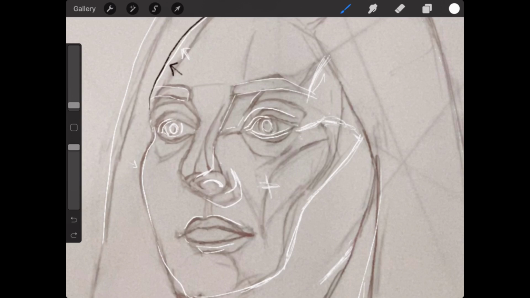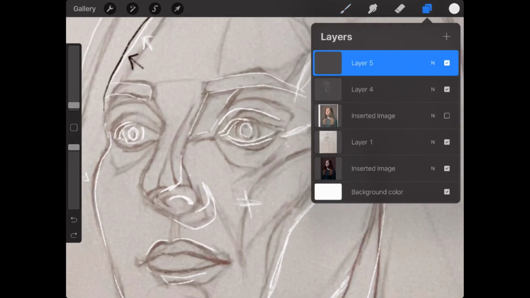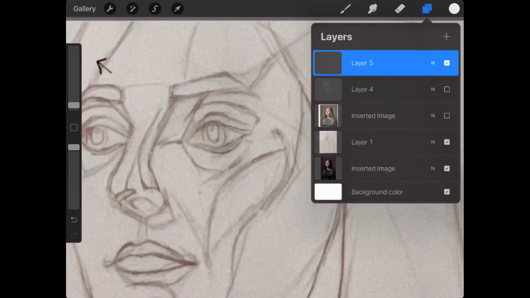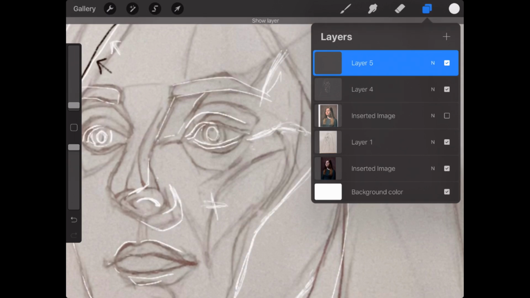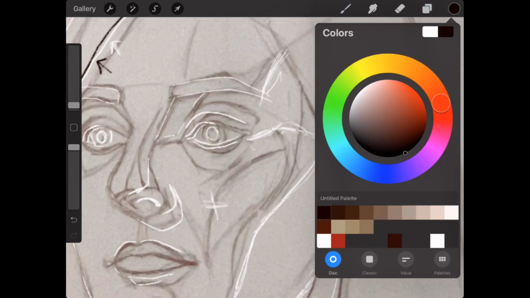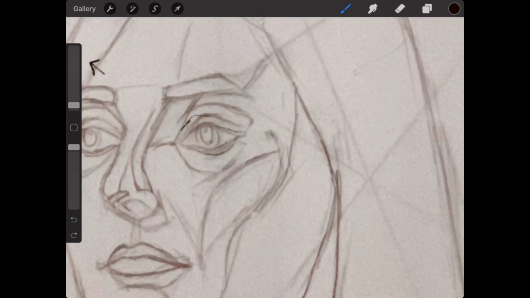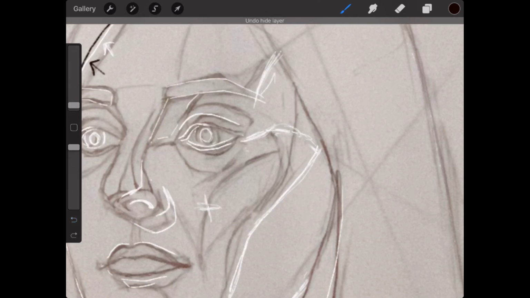Okay, so moving into the other eye here. Yeah, so what I'm seeing here is that you have your crease just cutting off a little sooner than it should. Bring it over. You have it at the right height here. But as it comes into this section, you want to bring that up and over to give a little more fullness to the eye here. And then again, drawing that underlid shape.